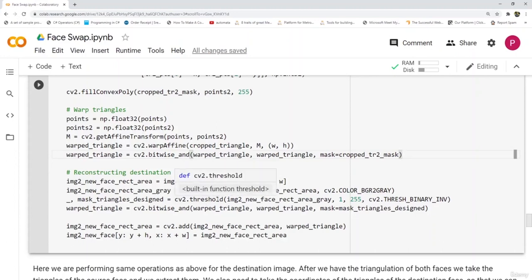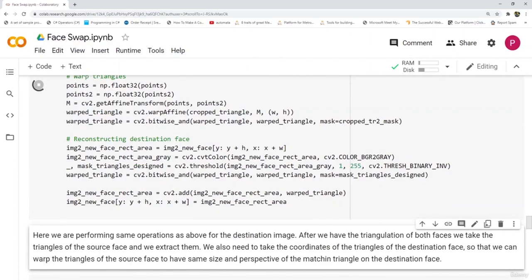Finally, we'll use the bitwise operator. And here you can see that we are finding the image to new face rectangle area and passing the image to new face and the warp triangle. Let's run this cell and complete this step.